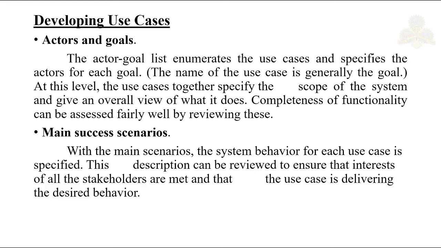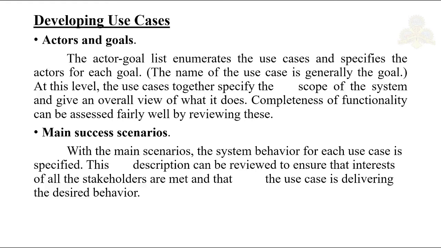There could be any number of abstractions possible, but we will discuss the four natural levels here. The first one is actors and goals. The goal here is nothing but the name of the use case. Who are the actors that will perform the goals would be defined here. First, we have to identify all the goals of the system. Then we have to identify who will achieve these goals. Those are called actors. So these things should be captured in the first level of abstraction.